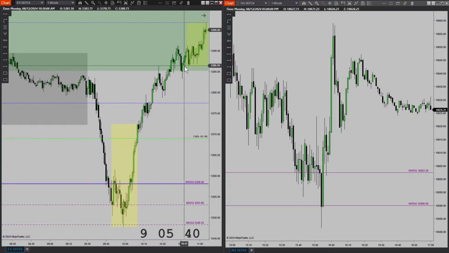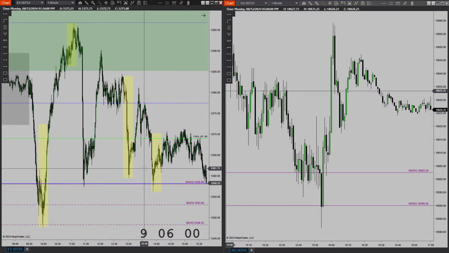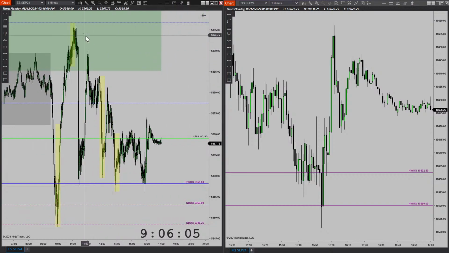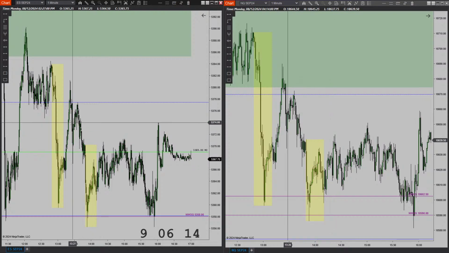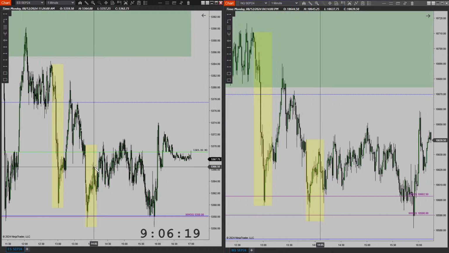There was a second stage distribution, which I probably should have caught, but it was here, and I don't like getting in until the macros. So there's no way I'm jumping into this trade unless it's during the macro. This is the second stage of distribution, trading into this area here. Then throughout the whole afternoon, price basically just consolidated, a seek and destroy pattern, where price is consolidating all throughout the day. Going into the 13:30 session, I noticed here that price created a rather large 5-minute gap.